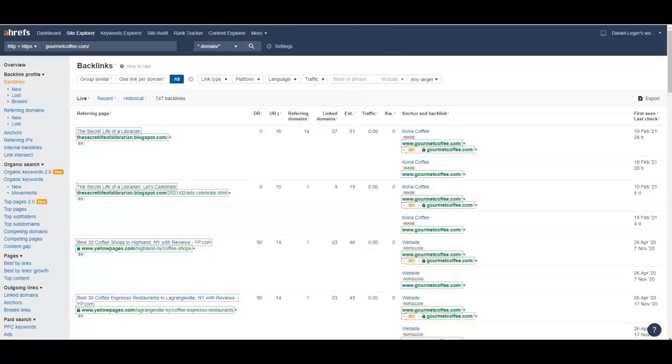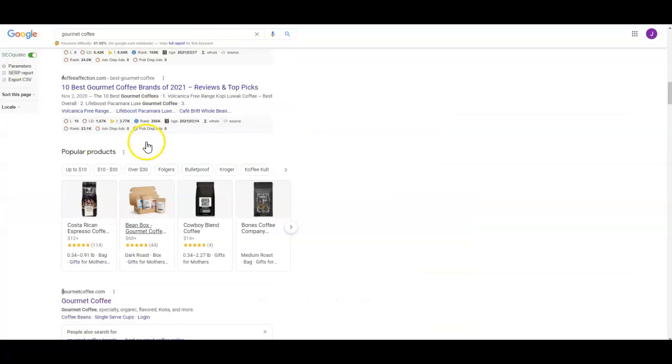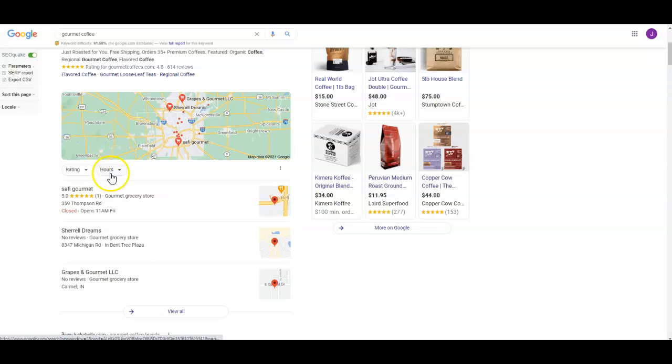So the last thing I want to talk about is the Google Map Pack listing. This is more of a localized thing, but if you don't have this yet, first thing I want you to do is go to business.google.com and sign up for this. Fill out your profile completely, upload your pictures, make sure your pictures have keyword names on them, just like on your website. Make sure your description has some keywords in it,